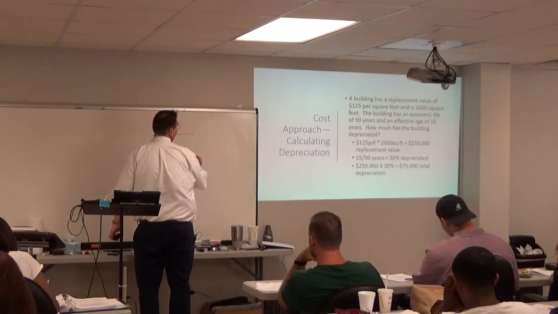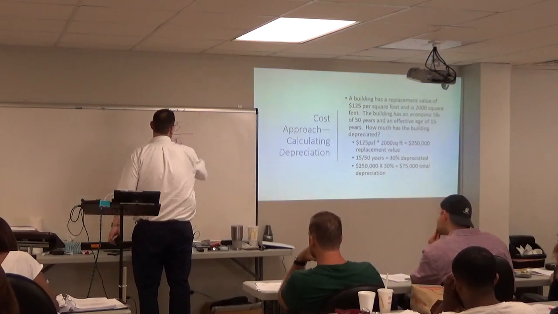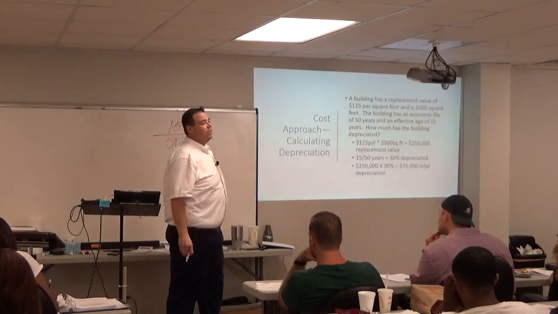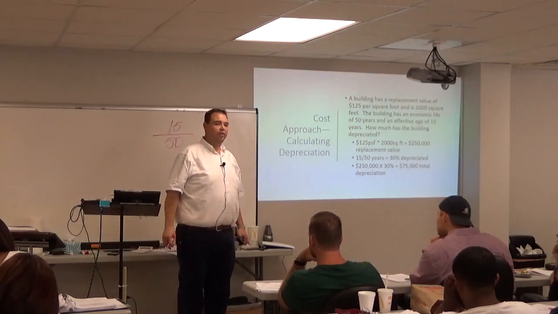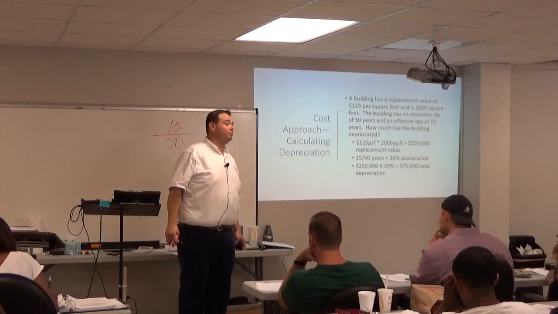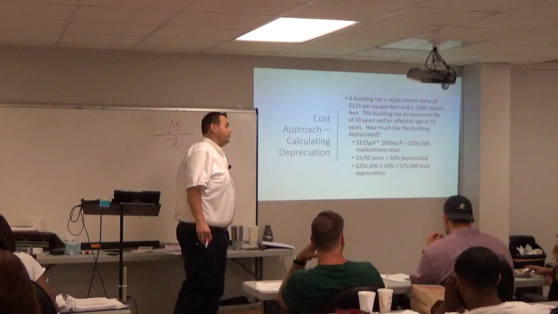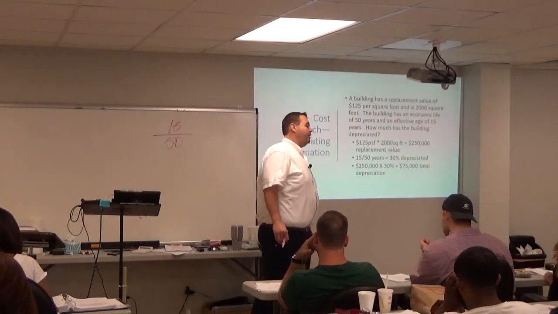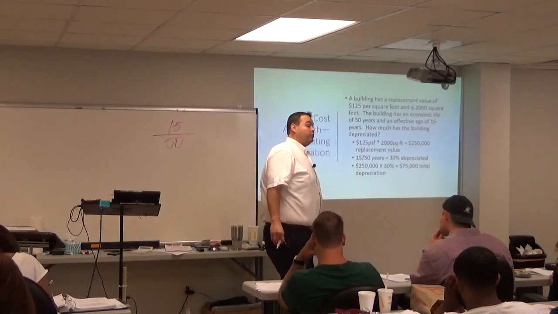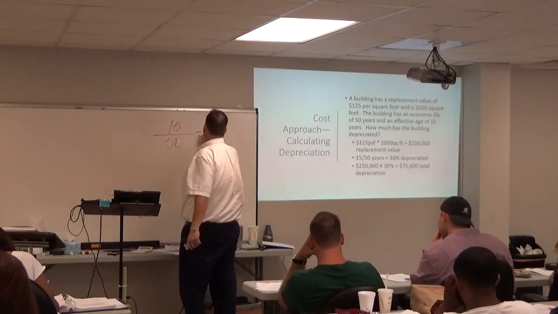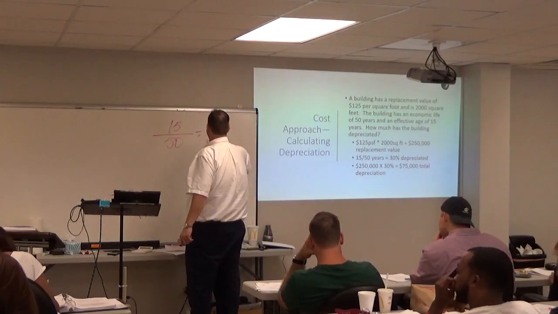What goes on the bottom? 50, the economic life. So it's 15 out of what? 50. Can you type that into a calculator? What is that? 0.30, times 100 equals